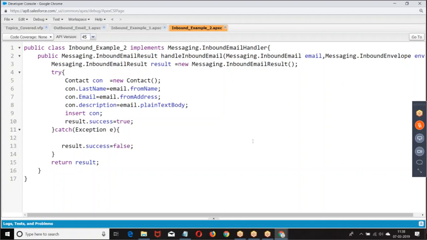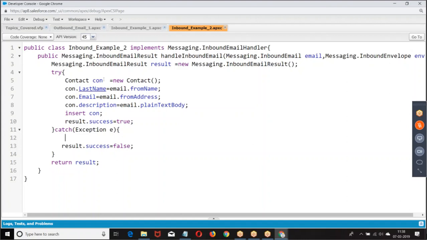Listen to the format. With the data from the email, I created a case. In the email, if you send any files, I want to take those files and create them like an attachment. Are you getting my point here? The email will be a case. The files you attach in the email, those I want to create like attachments in the record.